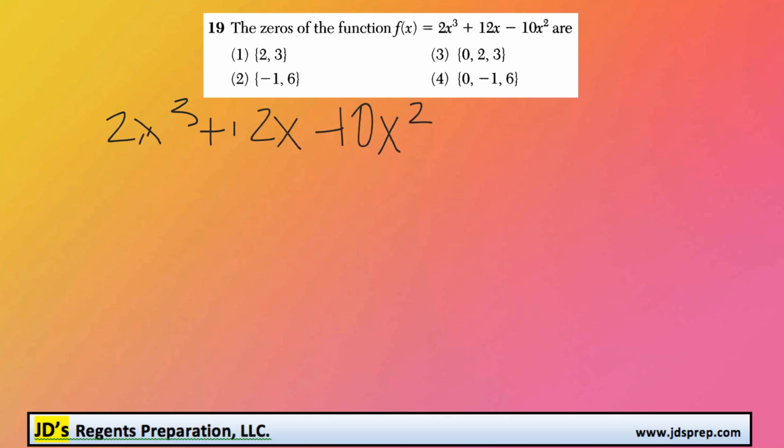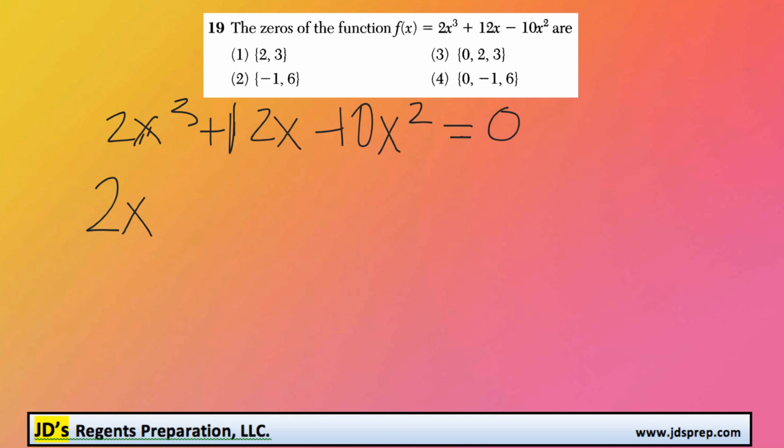Now, of course, finding the zeros is the same thing as finding the x-intercepts, and in order to do that, we need to set this whole thing equal to 0 and factor. First step whenever you're factoring something is to try to find the greatest common factor between all the terms. In this case, we do have a common factor of 2x. Both 2, 12, and 10 are all divisible by 2, and they also all contain an x that we can